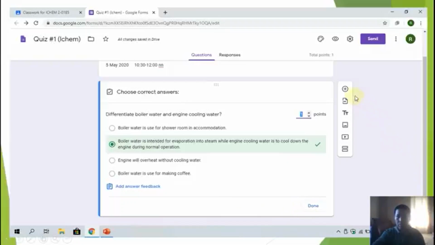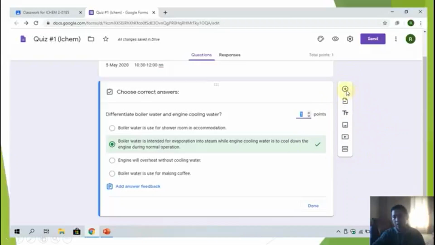So I would like to explain this plus button. When you click this plus button, another window is created here, and you can write your question and answer. So here you can attach a picture, you can attach a video, up to you what you want, but I cannot memorize all of this.